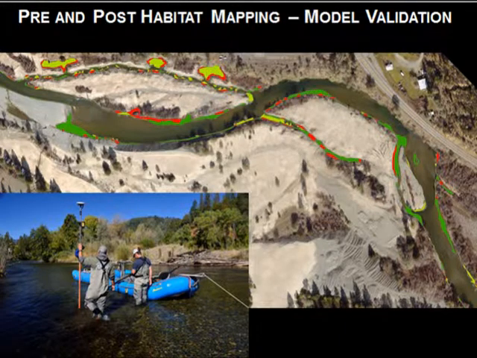What's happening on the Trinity is pre and post habitat mapping. Aaron will talk a lot about this, but this is just a slide showing Upper Junction City and some of the post-construction as-built mapping for juvenile rearing habitat that they've been doing, so we can help validate the models that we're using in the design process. Where we predicted there would be habitat and fish utilization, is that actually happening?